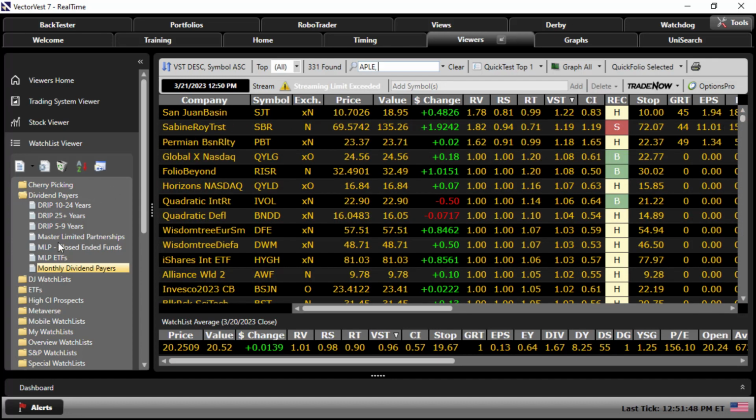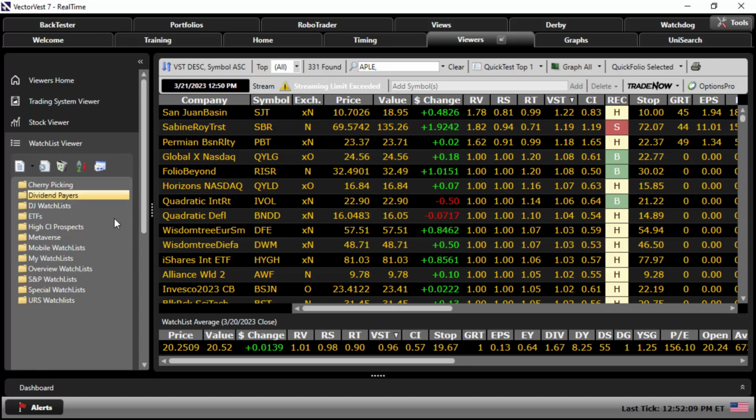Now, in the VectorVest program, we have watch lists that are designed to find you DRIP stocks. DRIP stands for Dividend Reinvestment Plan. These are stocks that have grown their dividends for at least 25 years or more. These are all the built-in dividends, master limited partnerships if you're interested. And then in